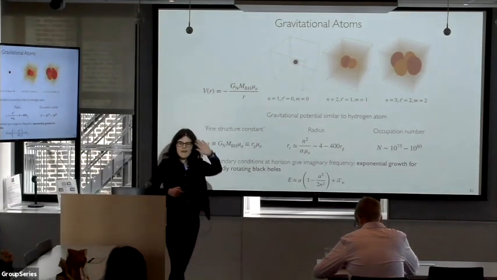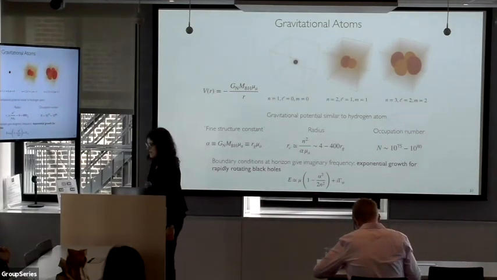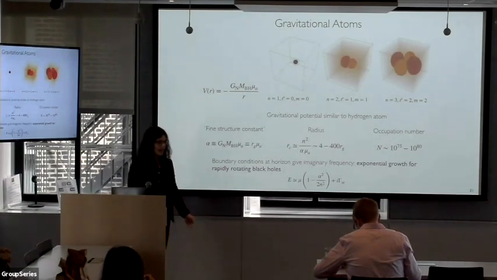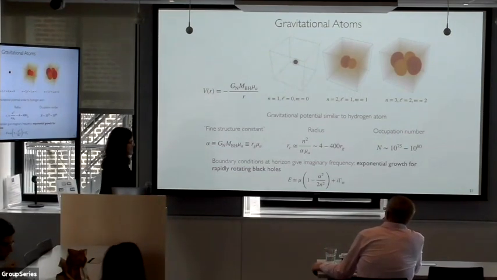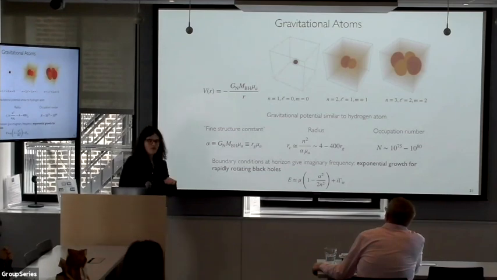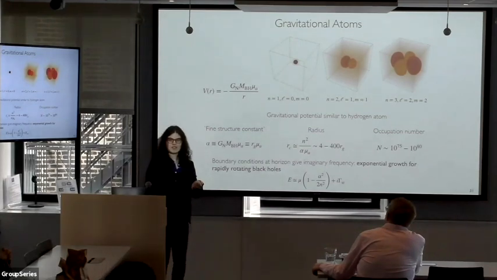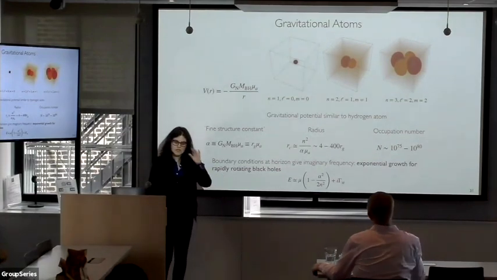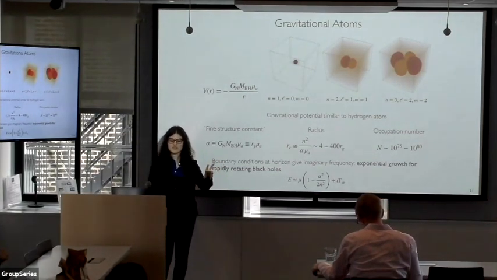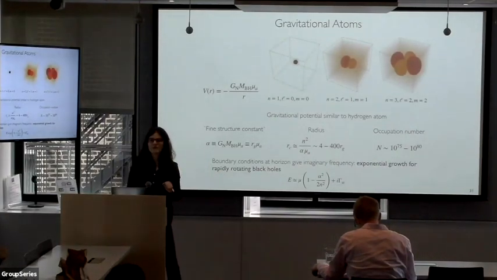Yes? Is there a capture probability? Good question. In principle, yes, you can capture particles from infinity if they have the right velocity. However, the process here is very unique in that it can actually grow from zero abundance of particles in the black hole vicinity. So it's a classical instability of the black hole. That means that even if there are quantum fluctuations of the axion field in its vicinity, without assuming any cosmological abundance, this growth will take off and become exponential very quickly.